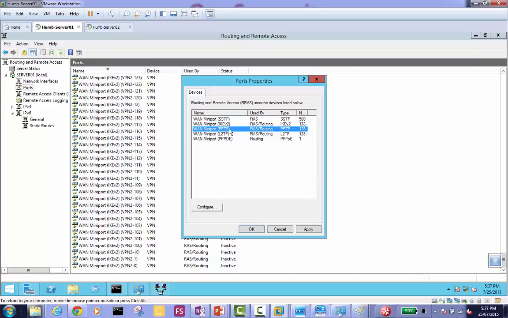So you're putting the number there. There are 128 clients, so you can change the number, and this is the number of connections you're allowing to your VPN server simultaneously. Yeah, 128 connections can be made to your VPN server, and you can change it up and down.